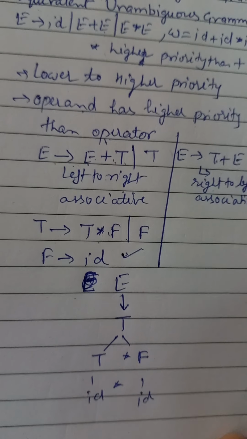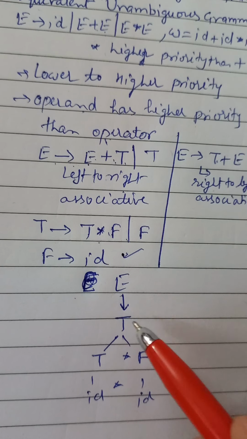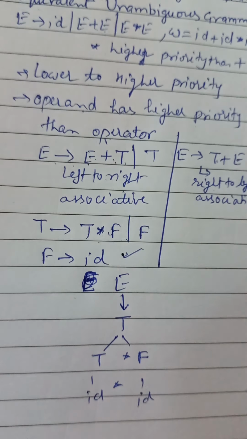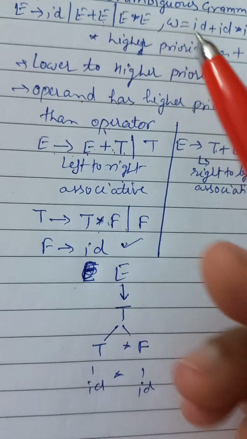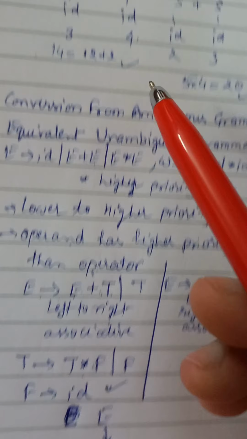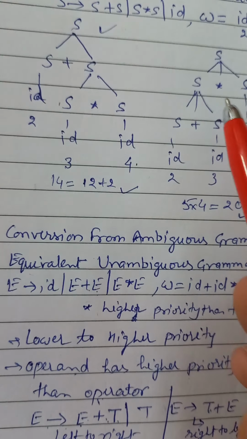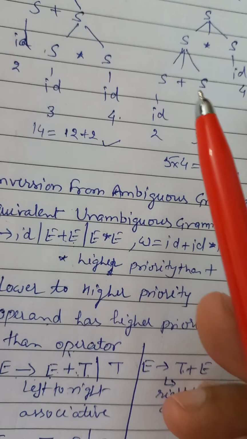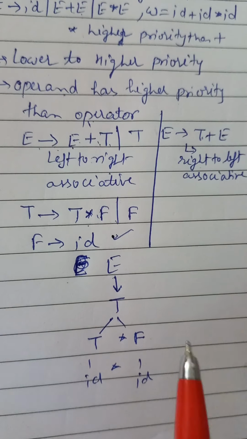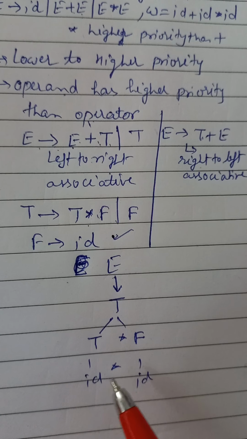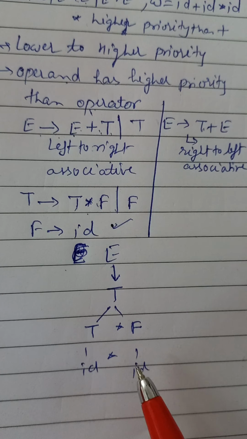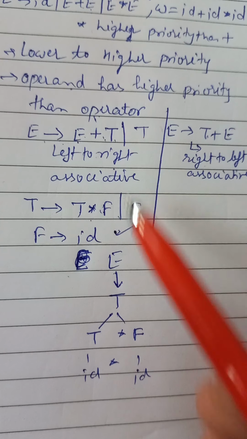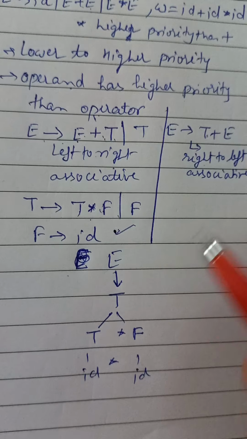We cannot go to id plus id. We can simply see here, after taking this production, we cannot go to the E plus T production, or the id plus id production. In the earlier tree, wherever we could go, we could make any production. Suppose we have E here also. If we first take this, then after that we can also take E plus E, or we can say E plus T. But here, after taking T star F, we cannot go further. Because from T star F we can get id star id, but we cannot go further to id plus id. So we can simply say that this grammar is not ambiguous, or unambiguous. So this is the proof.